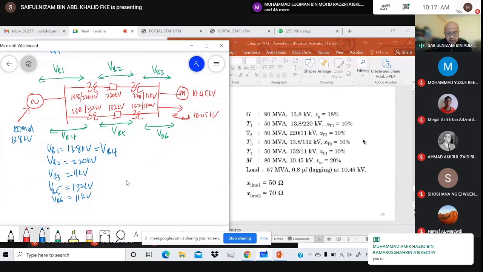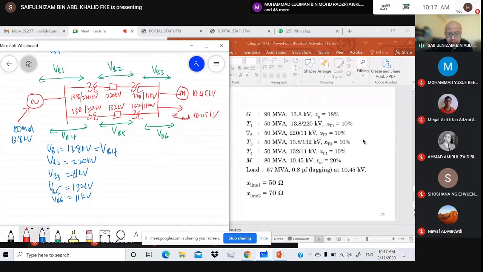Okay, good. If you have any question, please let me know. So this is the first important part in finding the new base voltage, before we proceed to the other calculations. So after finding the base voltage for each section, now we can find the